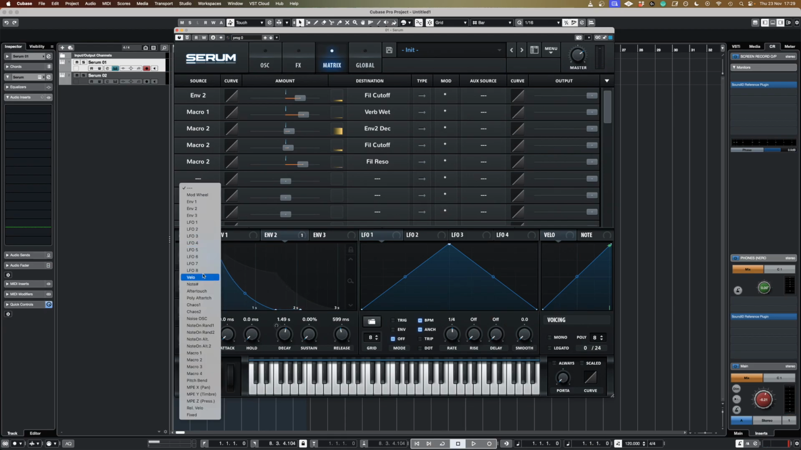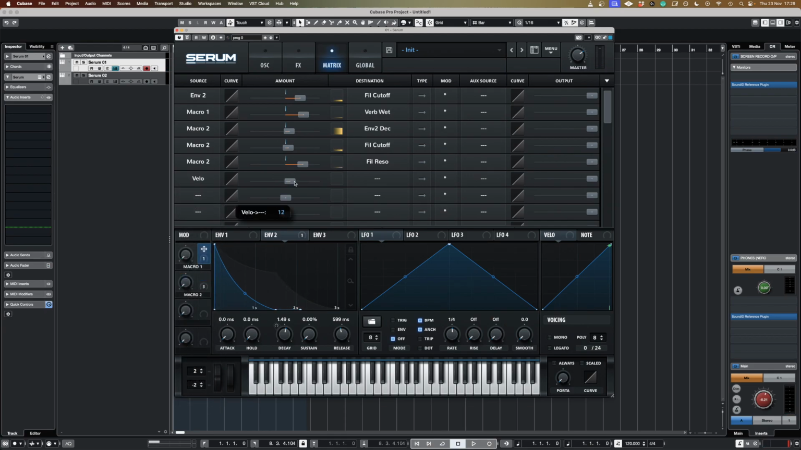I think I'm also going to use some velocity here, just to increase the filter cutoff a little bit, so that when we're programming the notes, we can